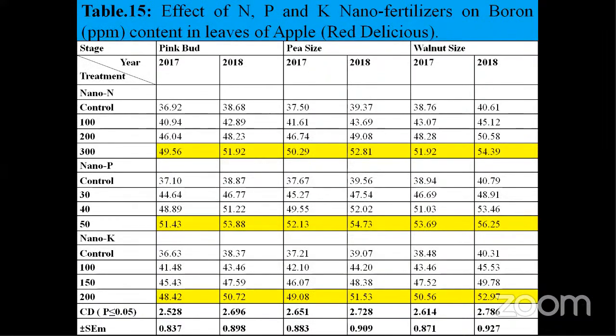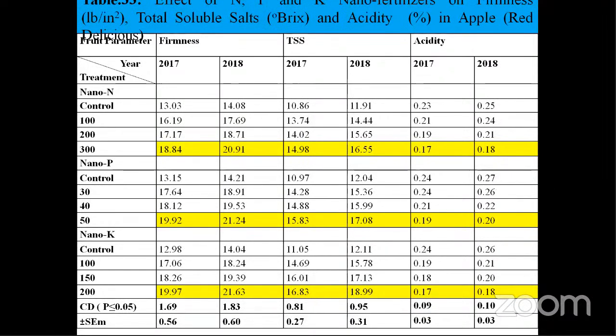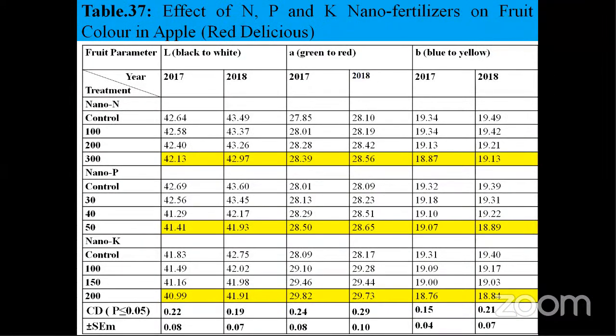And with boron, you can see the results are there. And of course, with the physical and quality properties, fruit drop, fruit retention, and fruit set, there were better results with the application of these nanofertilizers as compared to control. Firmness was increased, TSS was quite good, acidity was decreased, and the color parameters in terms of L, A, and B were quite good with these nanofertilizers